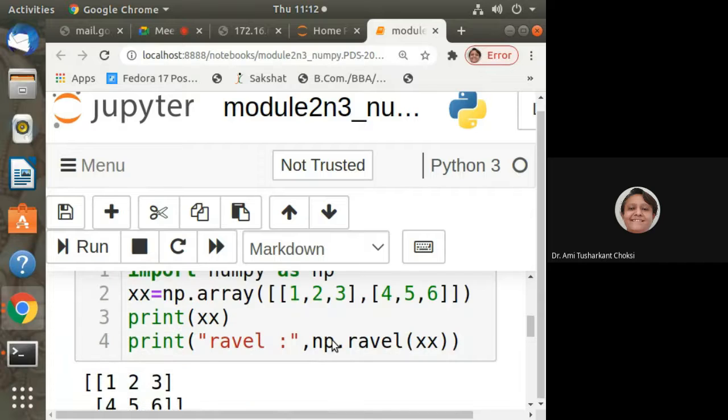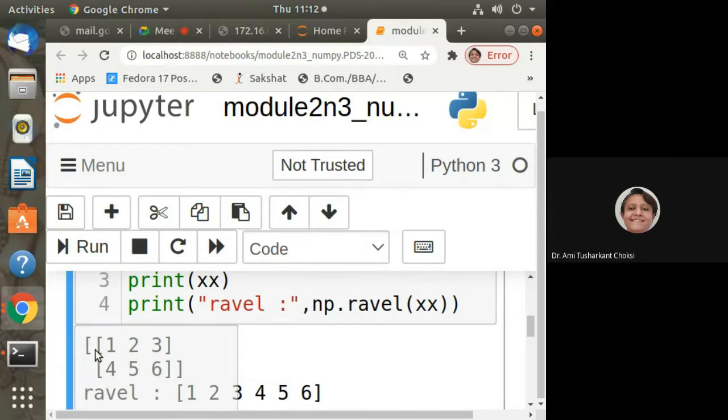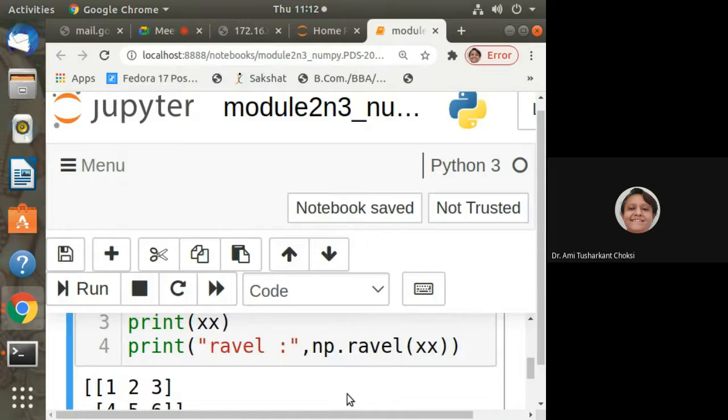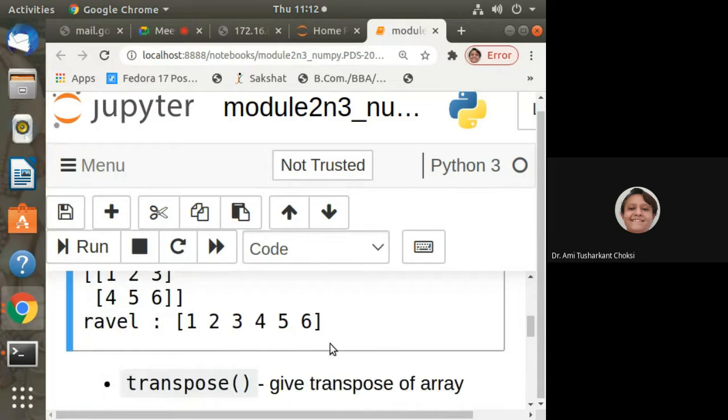What it does, we were having a 1, 2, 3, 4, 5, 6 NumPy array. It was this way, right? And when we do the ravel, it is flattening that, isn't it? We can see that many a times we need to have such a thing also. That is, whatever are the elements, we want to have them as a flattened array. Then we want to apply something. Okay, so we can use it this way.